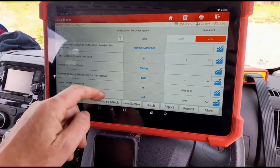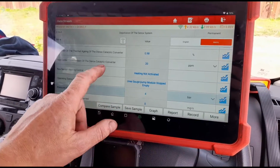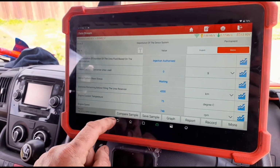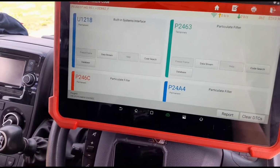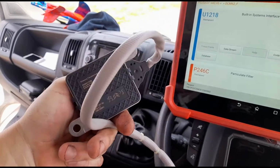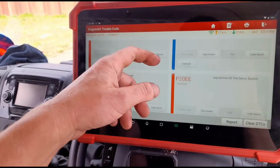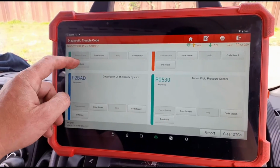So we've already done some diagnostics, like I said, on this van before. We did already check that the urea tank is pressurising up. Now it's not pressurising up at the minute. The vehicle hasn't been running long enough, and it probably won't work at the minute because of all the faults that are here as well. But the vehicle has basically come here today for the P2A00 code, which is to fit a new NOx sensor. We've already done the diagnostics and testing on that. This is a genuine sensor here that we were going to fit, but I think what we're going to do is fit that, and we'll just reset all of these, tell it it's had a new catalyst, because now it thinks basically the catalyst is knackered